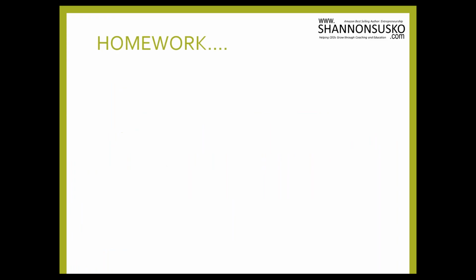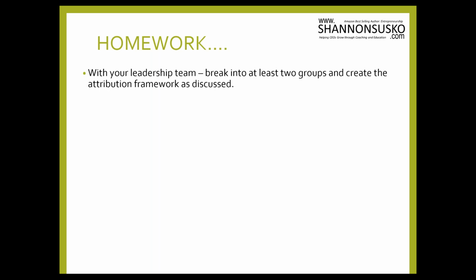So let's just quickly have a look at the homework that was put out last time. The homework was really about confirming and working with your leadership team to get a good solid attribution framework and view of where you currently are and where your 3HAG line should be. So some of the action items was with your leadership team, break into at least 2 groups and create the attribution framework as we went through in the last